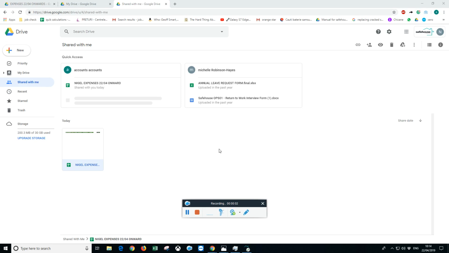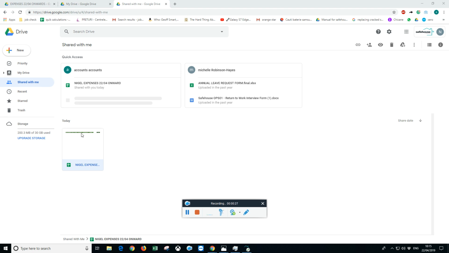Okay, so we're going to do the expenses a little differently because they're getting a bit confused with people sending in receipts from one week and then adding in receipts that they found from before, and not sending in the complete list of receipts and stuff like that. So rather than sending them in as in a week when they were bought, if you go to your Google Drive and look in your shared with me